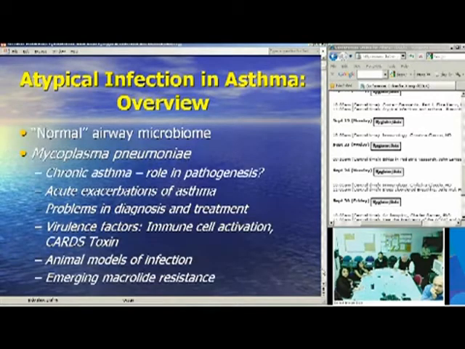Let's see if I can change. Okay. Before I get started talking about the organism and atypical infections, and by the way, when we talk about atypical bacterial pneumonias, we're usually talking about three organisms: Mycoplasma pneumoniae, chlamydia, or what is now called Chlamydophila pneumoniae, and Legionella. And Chlamydophila pneumoniae and Mycoplasma pneumoniae may have a rather similar phenotype in terms of producing